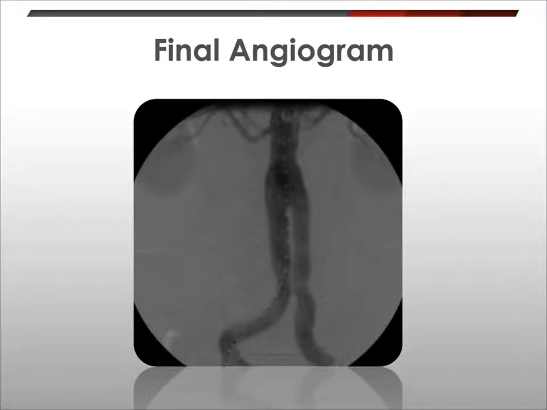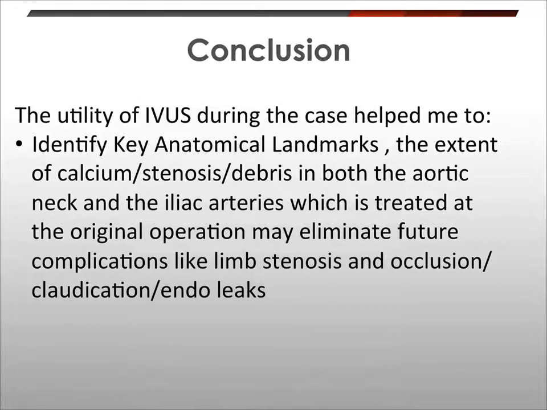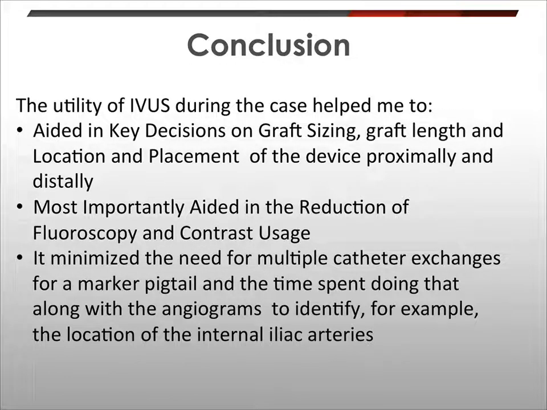These last two slides in conclusion showed that the IVUS helped me identify key anatomic landmarks, renal arteries, the internal iliac artery takeoffs, etc., the extent of the calcium, how much stenosis or debris is in both the aortic neck and/or the iliac arteries. In the last slide, it also helped me make key decisions about graft sizing, graft length, the location and placement of the device proximally and distally. I wanted to make sure I hit the renals right below that area and, of course, right above the internal